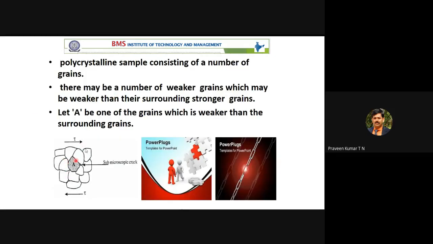So now these are the grains. We have an original specimen, it is not deformed. Whenever it is subject to fatigue loading, there is one weak element in the material, or weak grain. This is a weak grain. Because it is subject to continuous stress reversal, a crack may initiate about this region and it may propagate like this. So that is a weaker link or weaker grain, because we have a chain link. If one link is weaker, the whole chain may fail. In a similar way, there may be hundreds of grains. If a few grains are weaker, because of these weaker grains, fatigue loading continues and failure takes place.